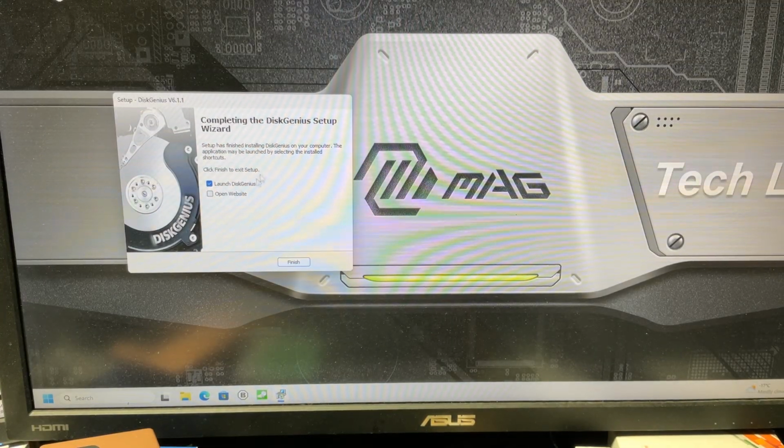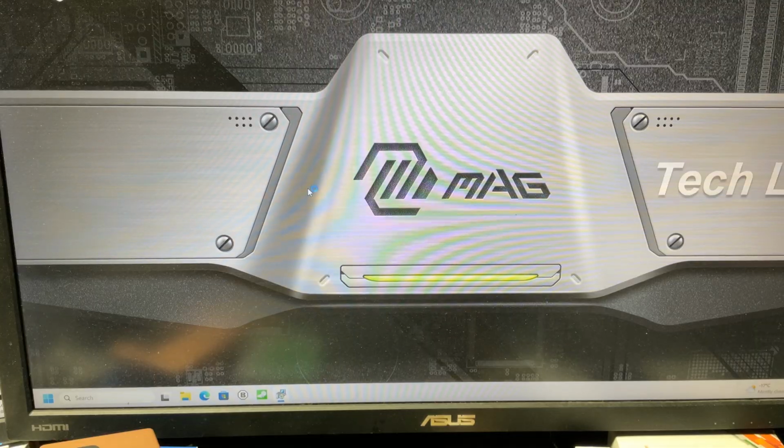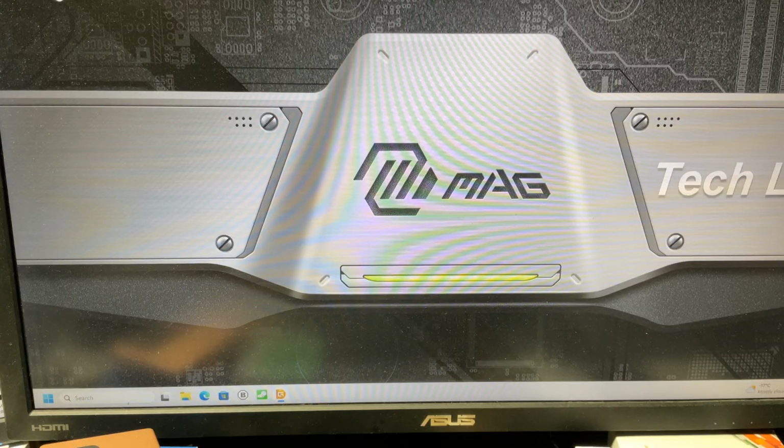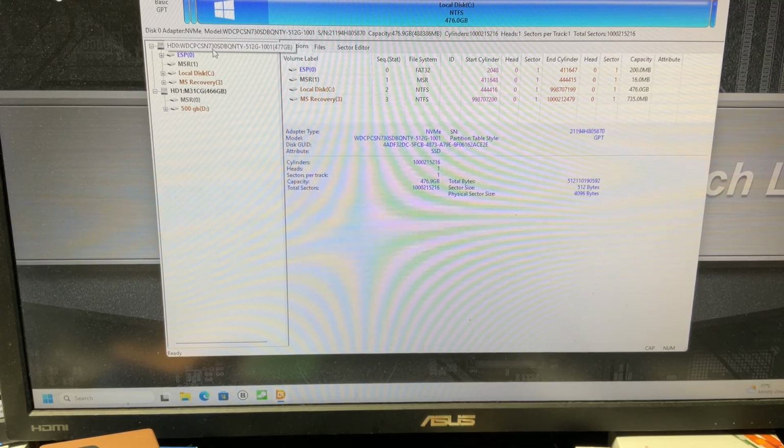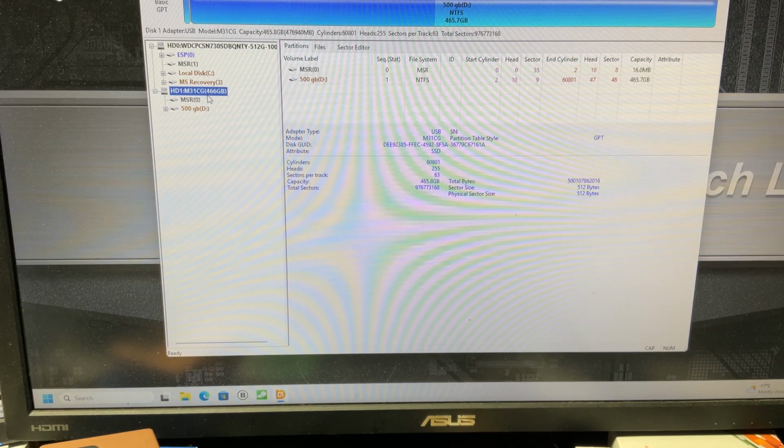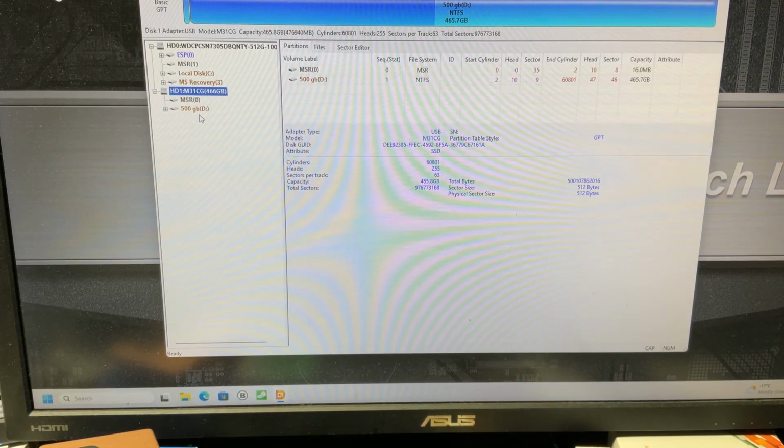And then it's finished. You can launch DiskGenius. And I'll show you what it looks like. Yeah, you agree to the agreement that pops up, but this is what it looks like. So there's our 512 gig NVMe. And there's our 500, well, it's supposed to be 500 gig, but 466 gig, 500 gig